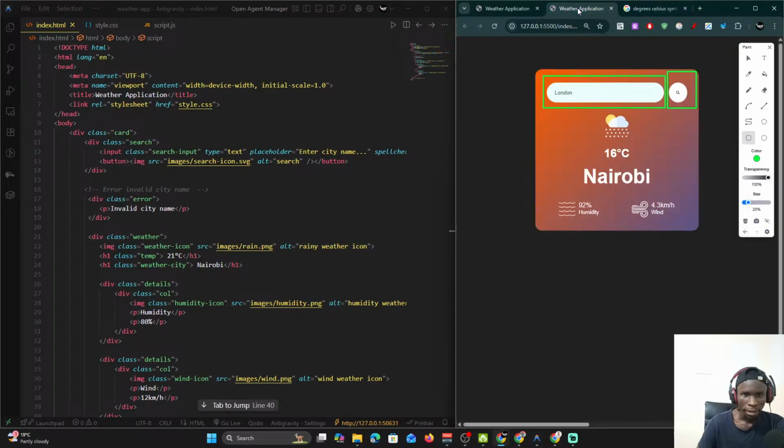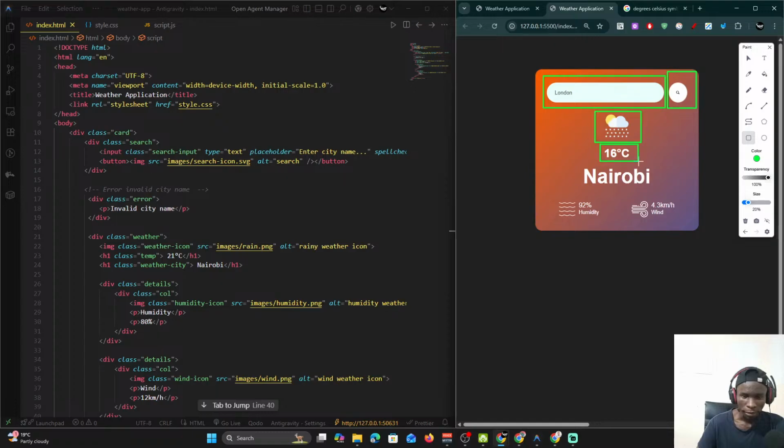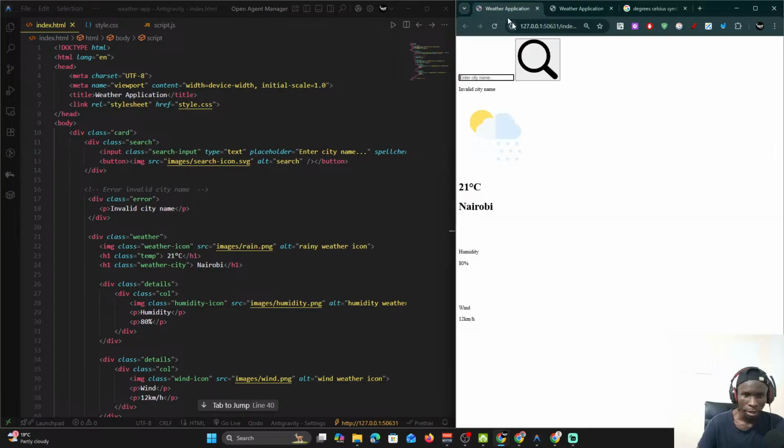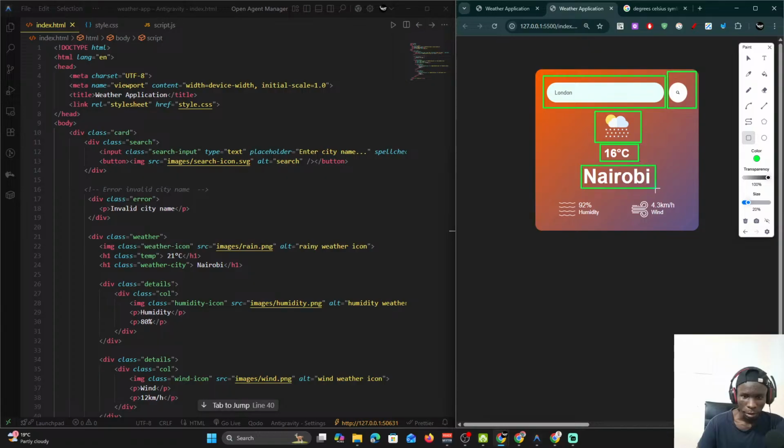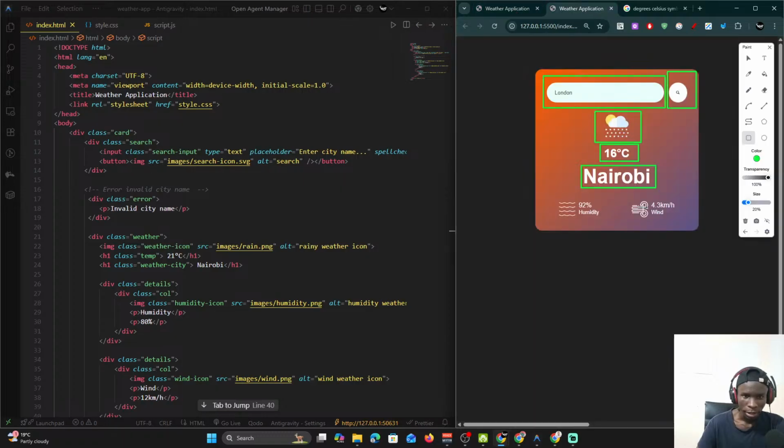Okay, so that is done. Then we have this image, let's say a weather image. So this is what we have at the moment here. Then we have the temperature. I think this is, yeah, I have the temperature. So we have the temperature. Then we have Nairobi as the city. So here we have the same, Nairobi as the city. Then below Nairobi as the city, we have